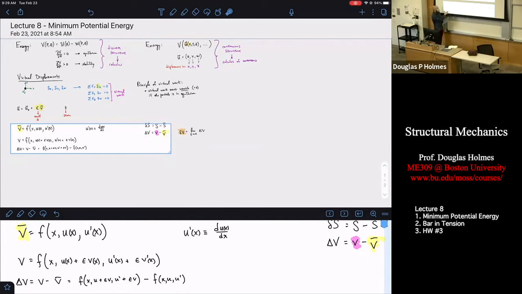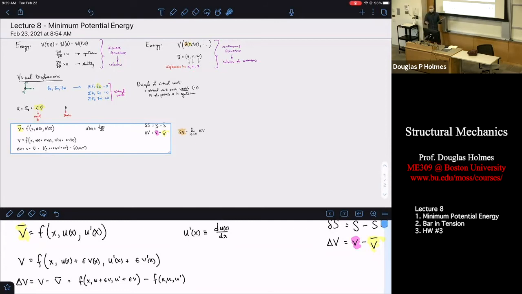We perturb the displacement field and the first derivative of our displacement field by just adding a small function to it. The function is made to ensure that it's small by having an epsilon term there. You might remember last class what we did for something like this, where we just had some arbitrary function. We don't know what any of this stuff in here is. We said, well,